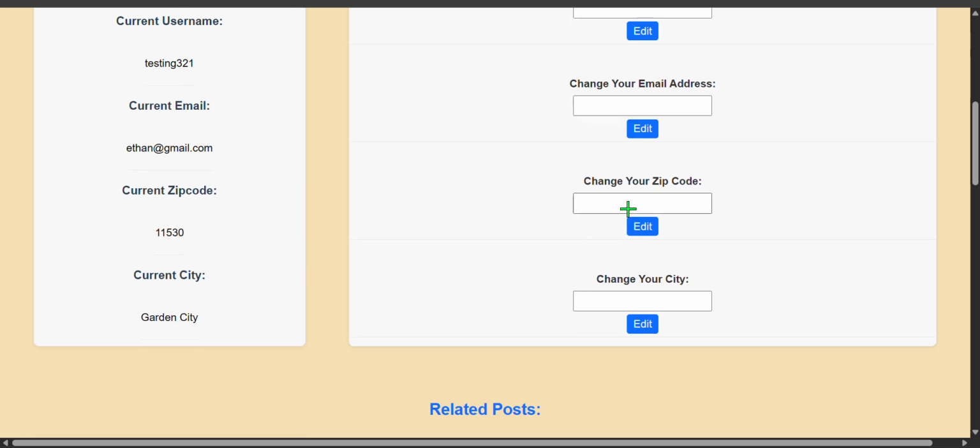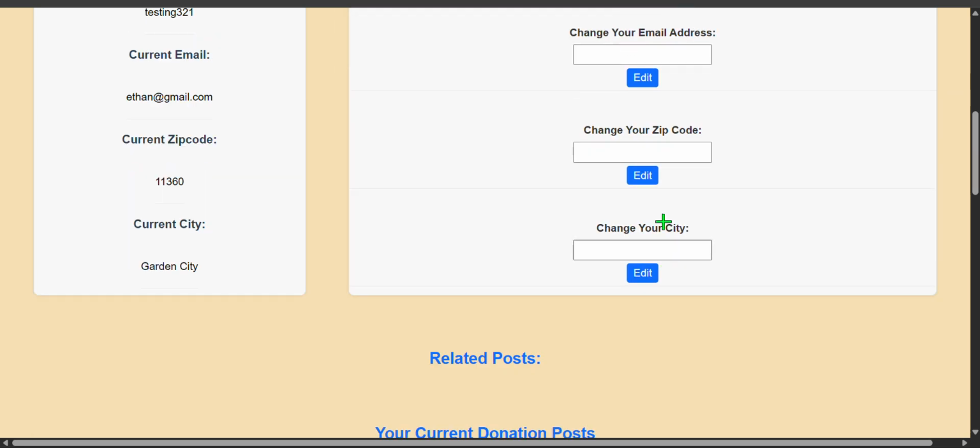And I want to change the zip code to there it is. Oh, and the zip code is checked here as well to make sure that it's an existing Levi zip code. Change my city to